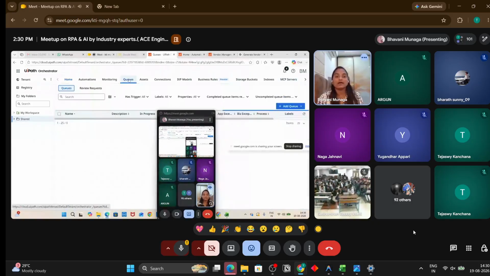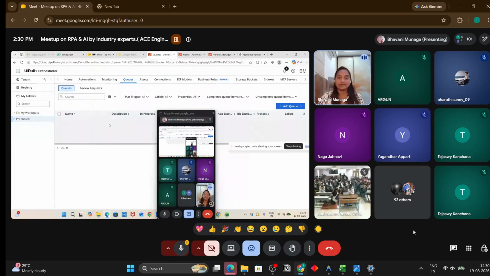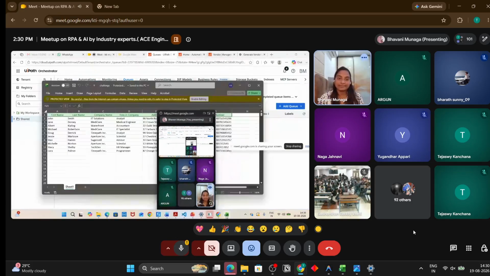And if you see the queues, queues is nothing but a list of transaction items. If you see the Excel here, we have 10 rows. So instead of giving it from the desktop, here we have 10 rows. This is a very small row count. For business purpose, in the enterprise version, we have rows which are more than 1,000. So dealing with large, huge Excels from the desktop and integrating is a very big task, to handle the exceptions as well.